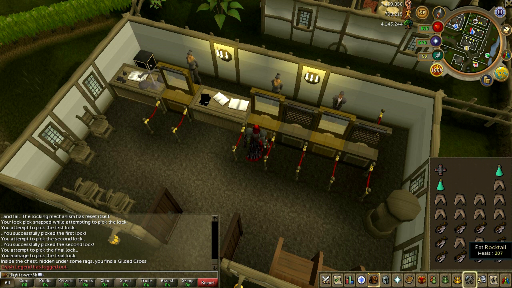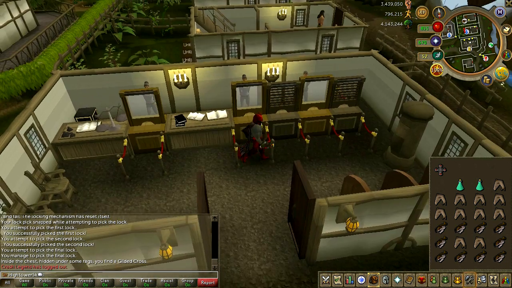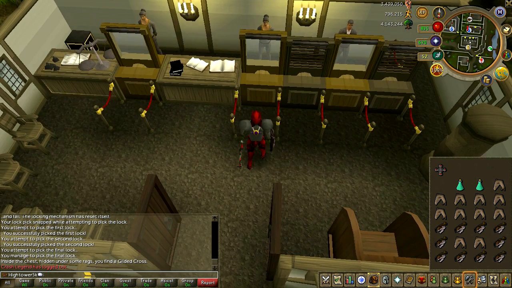Now, as you can see here, this is my setup. Yes, it is a bit of a mess. But what I've got here is 2 prayer potions, and only 2 prayer potions, and a lot more food. You might want to take more prayer potions. I wouldn't recommend this because basically the first boss, or the first part of the boss anyway,